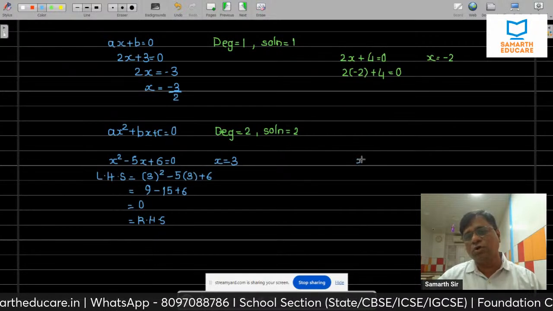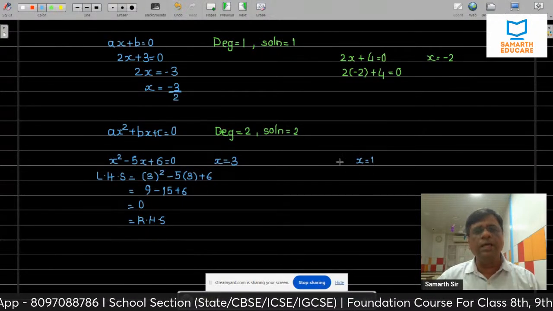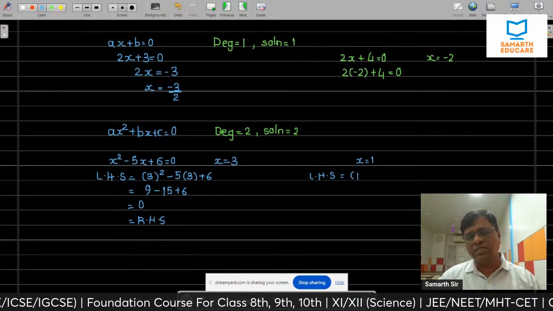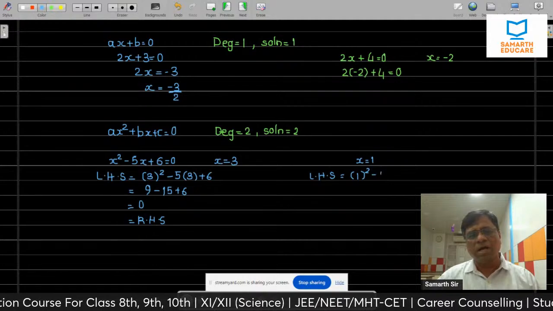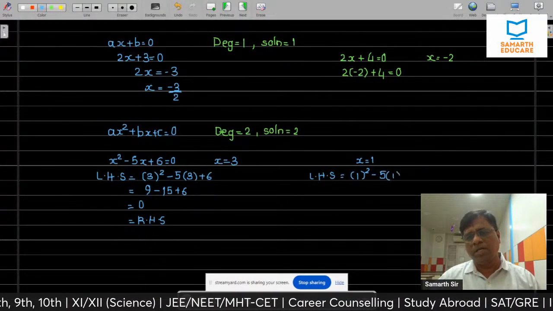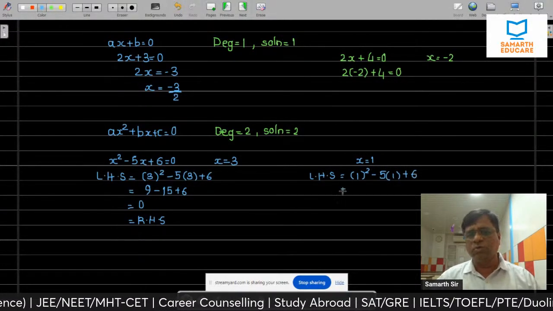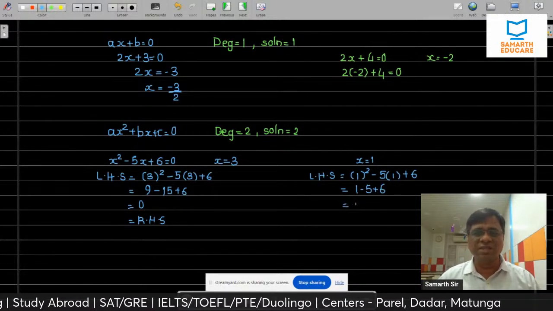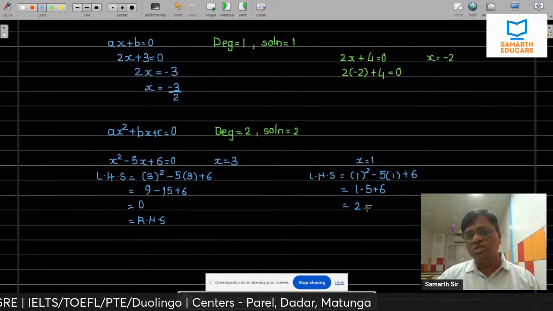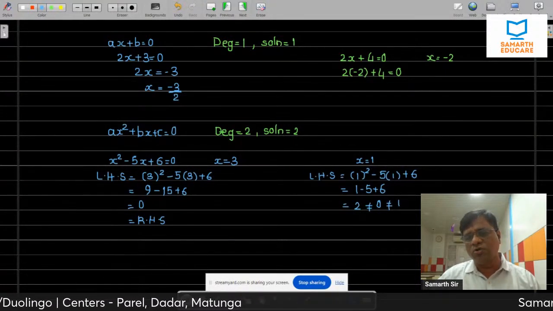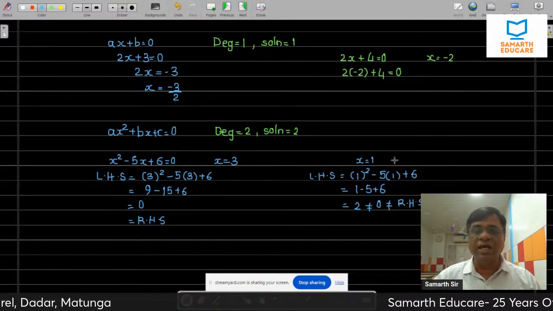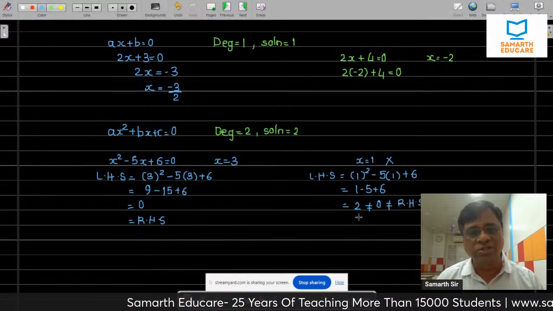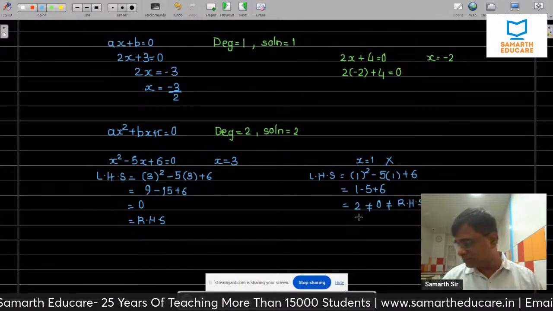लेट मी चेक फॉर x इज इक्वल टू 1, क्या x इज इक्वल टू 1 इसका सॉल्यूशन हो सकता है, let me check. मैं अगर लेफ्ट हैंड साइड में x के बदले 1 लिखूं, तो 1² -5 इंटू 1 प्लस 6, this is equal to 1 -5 प्लस 6, कितना हो रहा है, 6 प्लस 1 is 7, 7 minus 5 is 2, which is not equal to 0, which is not equal to RHS। तो अगर वो RHS नहीं आ रहा है, then x is equal to 1 is not the solution, it is not satisfying, hence it is not the solution, right।